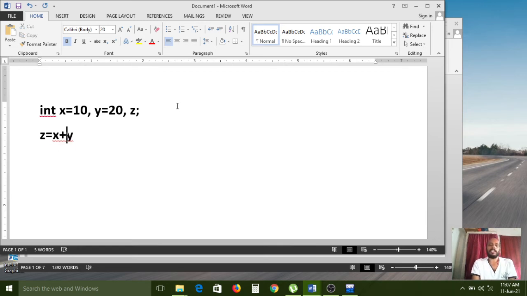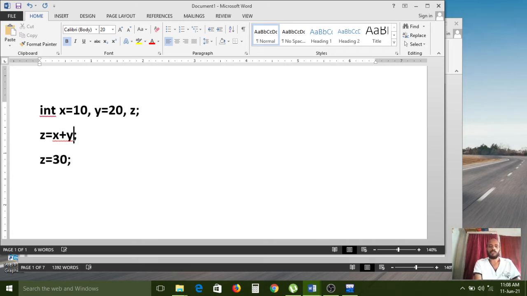If you want to use any operator between two operands, then it will give one calculation for us. So here a plus operator we are using between two operands. Without two operands we can't use this plus operator. For any operator we use, at least one operand we need. Here operands are nothing but x and y. If you write like this, then finally 30 is the result it will print.